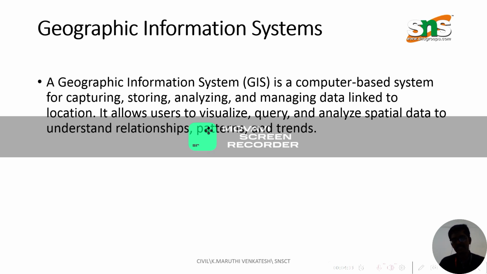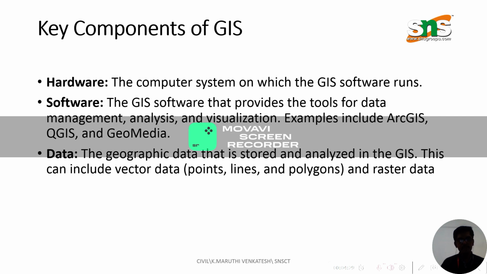First, we have seen the remote sensing basically, and now we are going to see geographic information system. It is nothing but a computer-based system for capturing, storing, analyzing, and managing data linked to the location. It allows users to visualize, query, and analyze spatial data to understand relationship patterns and trends. Key components of this. It requires hardware, software, and data. Hardware,